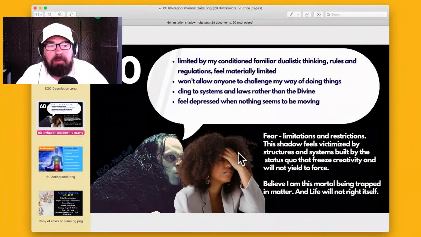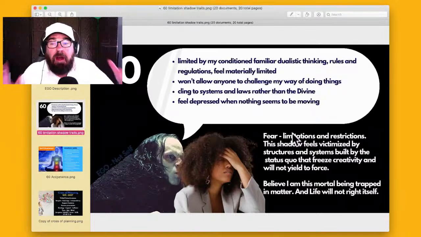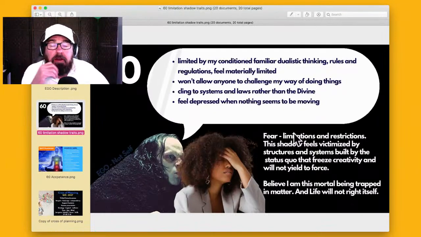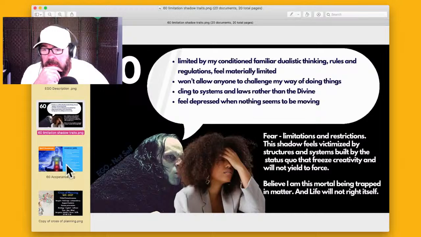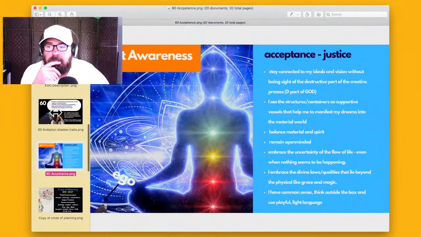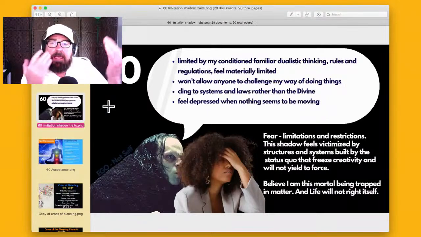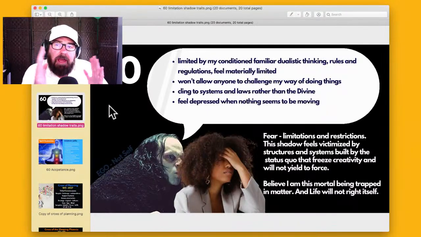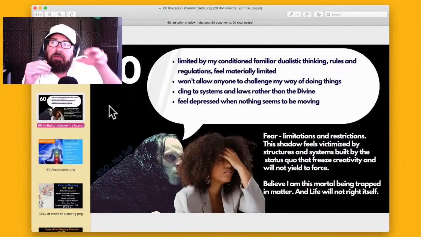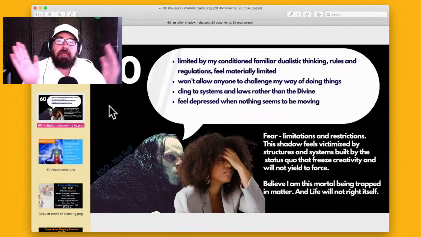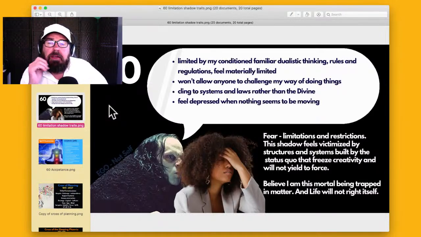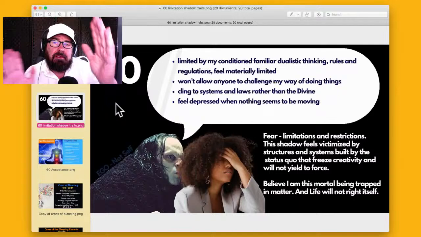So it's to accept that I feel limited right now, right? That there are laws that we have to obey here, not man's laws, but laws like gravity, things like that. This gravity would fit in with this shadow of limitation too. And the thing is, for creativity to happen, we need that container, that tight container. If we don't have a container, think of a river and a bank. The banks are like the container for the river. So we too need some kind of containment, right?